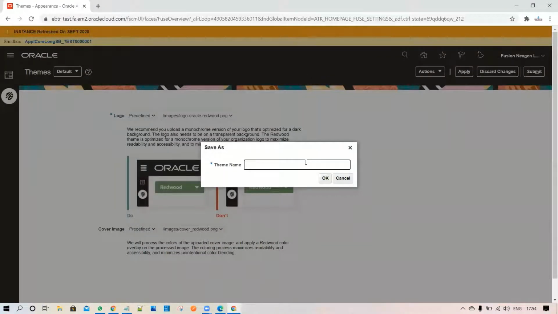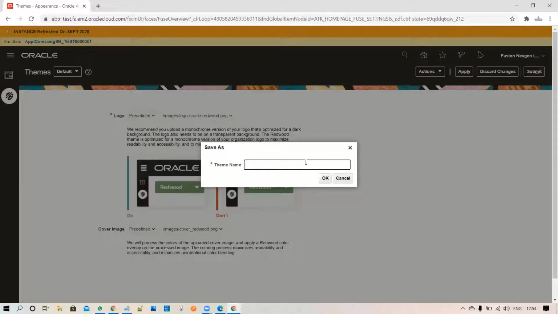Once you click on Apply, the system will ask you to set the theme name. Whenever you are changing any kind of theme, the system prompts you to set a different name, so that whenever there is a requirement, or maybe you want to distinguish between the development environment and the production environment, you can set two themes. Based upon that environment, you can set it up and apply, so that system users won't be confused at a later point of time when they perform transactions or are doing testing.